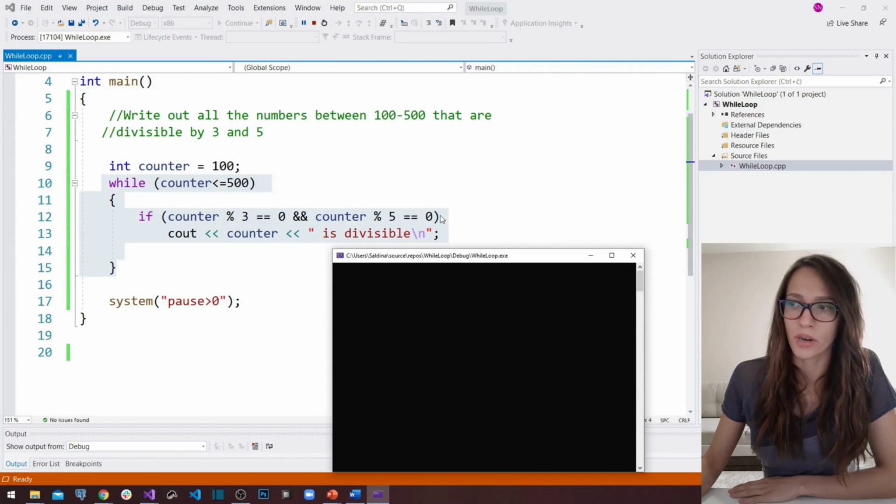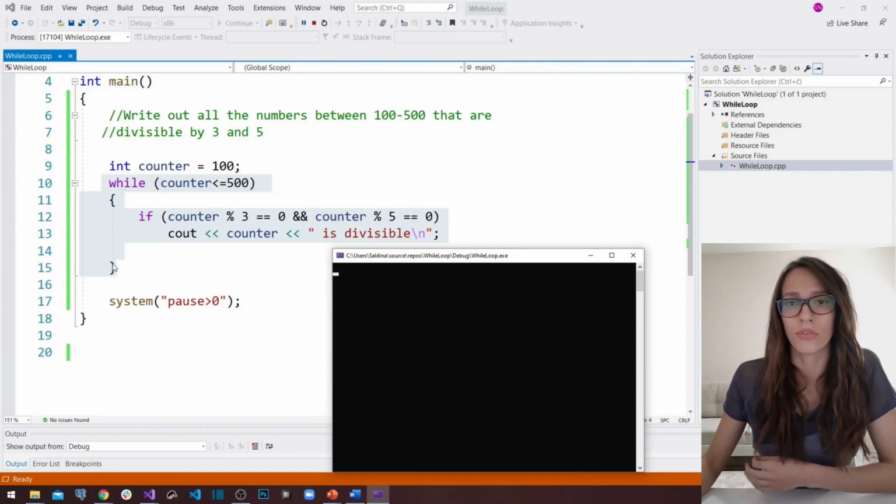So this part of code here is not even going to be checked because of the nature of this AND operator. It really needs both of these operands to be true in order for this expression here to be true, because this here is not true, it's false. 100 is not divisible by 3. It is not even going to check this condition here, and this line of code here is not ever going to be written. So after that, it comes here to this closed curly brace, and then because of the nature of while loop,